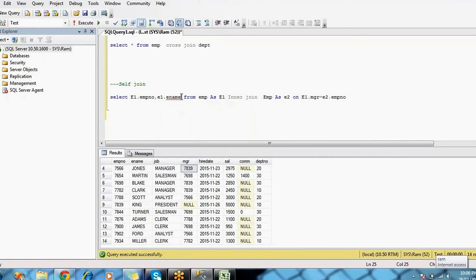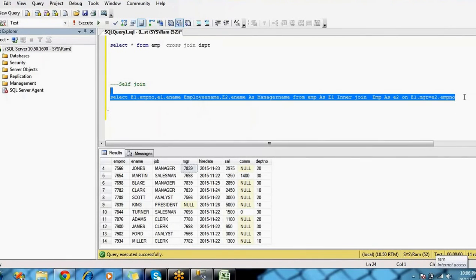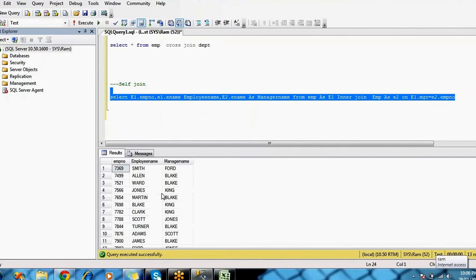And the manager name is coming from E2 dot employee name, with the alias name as manager name, and this is employee name. Okay, right. If you execute this, Smith's manager name is Ford.